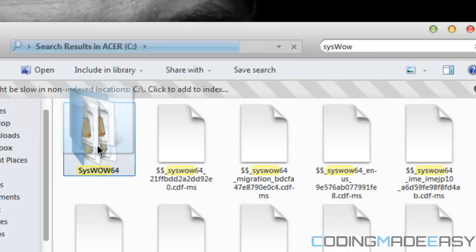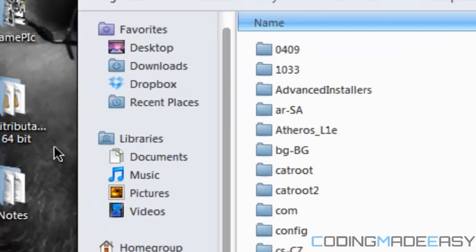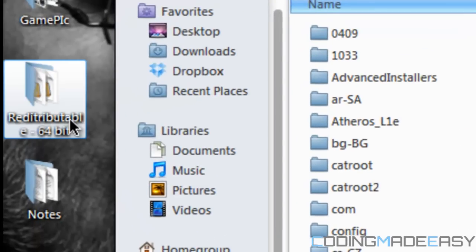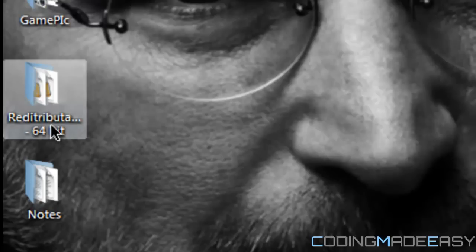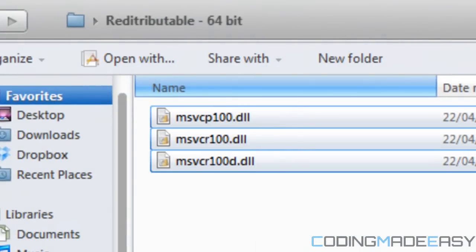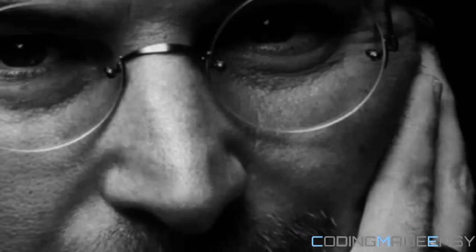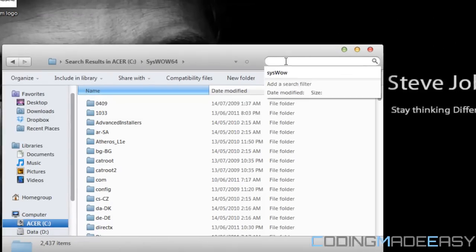So once we open sysfile64, what we want to do is create a folder on our desktop or whatever and name it redistributable, and I just named it redistributable 64-bit. The reason being is that with every program you create, you're going to need these 3 files, so might as well save them in a folder where you have easy access. So once we have it, what we're going to search for is